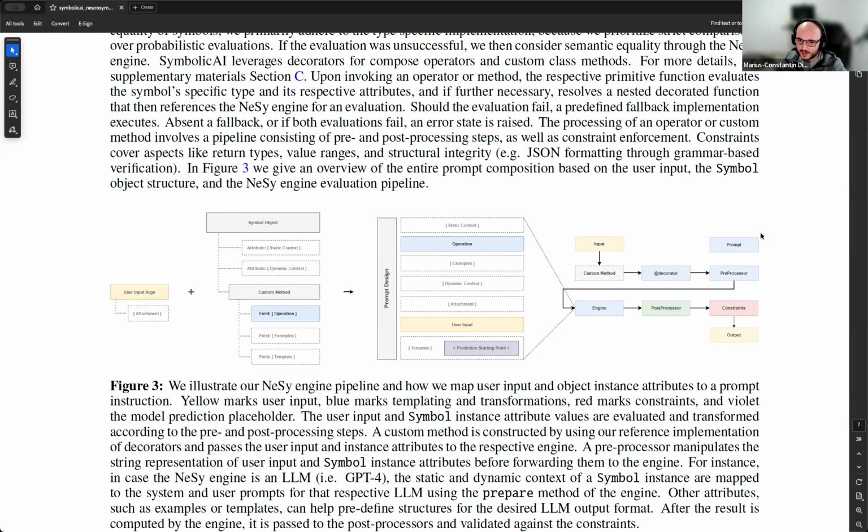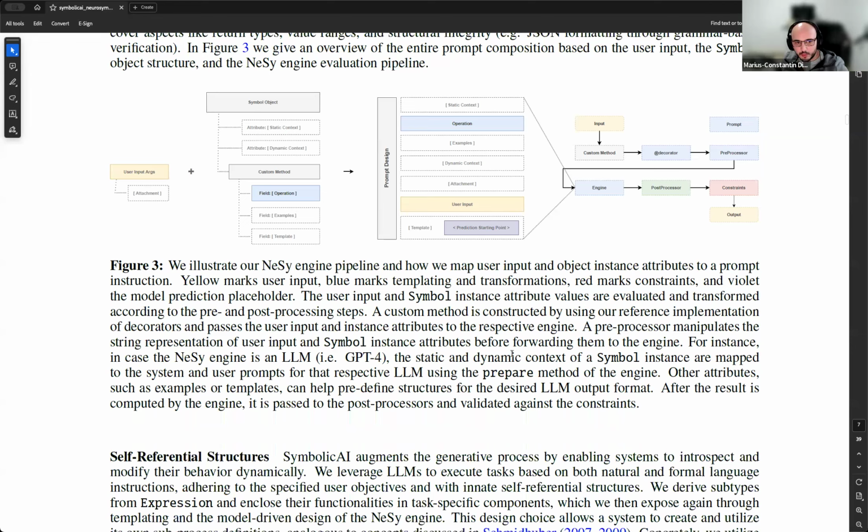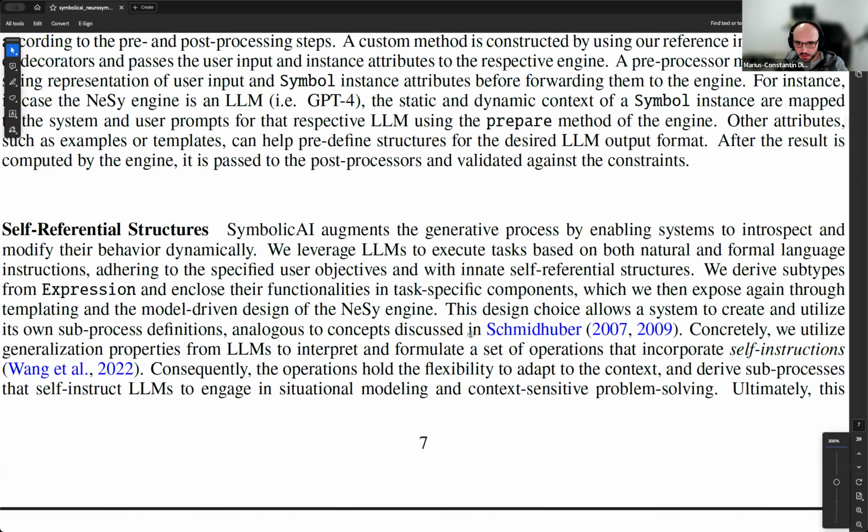So this is to give a top-down view on how we do these transformations from symbol to expression, and how we resolve the entire pipeline through multiple technicalities. You can look this up also in the framework, but this is basically the high-level overview. And what is super interesting is actually...